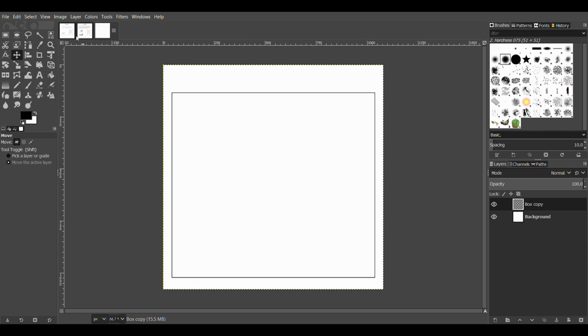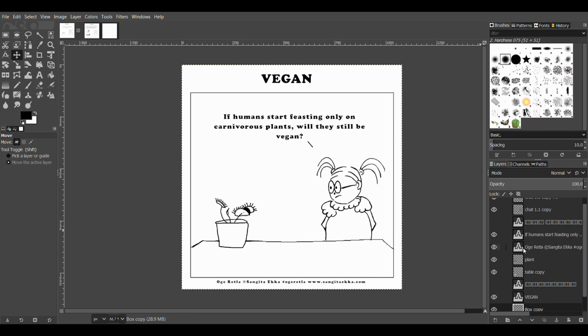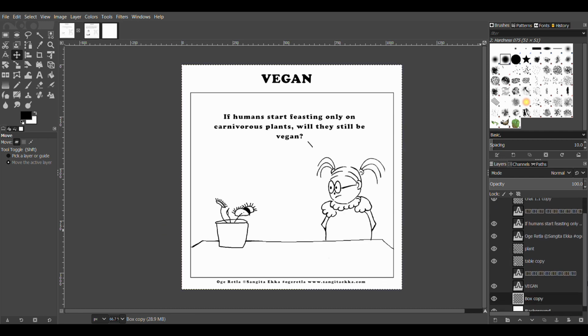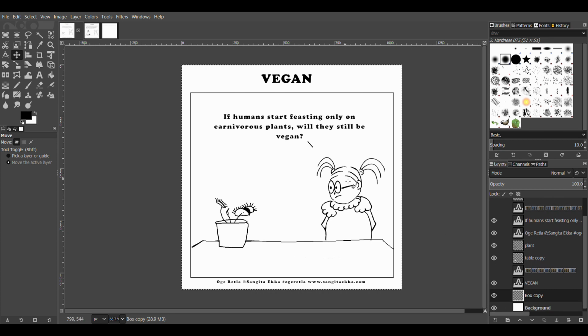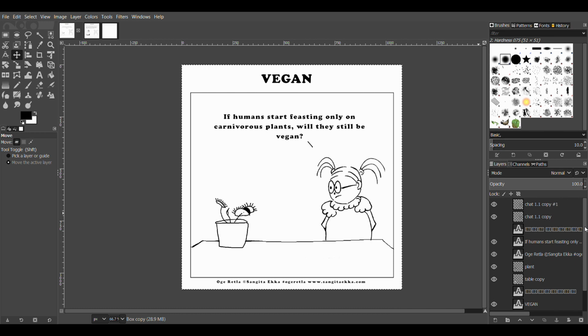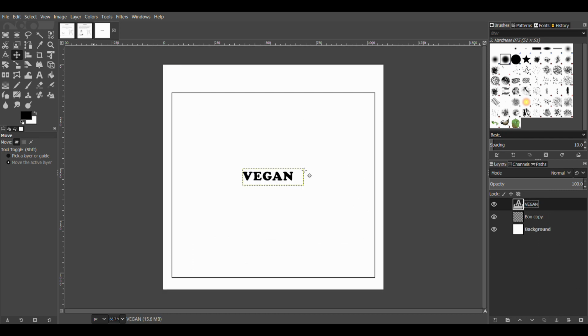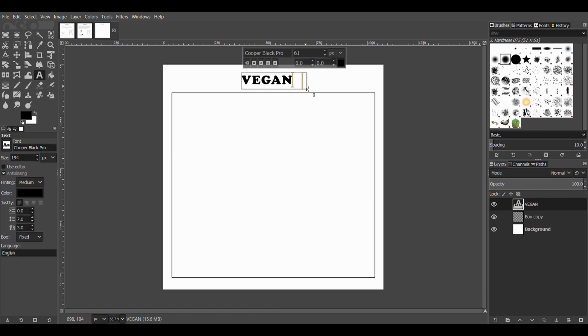So this is the beauty of using layers and keeping the files in XCF format, so that you can reuse things, and you don't have to invest a lot of time creating the same things again and again. We can do the same thing with the vegan one. Just drag it, put it over here, and basically leave it here. You start to see that the layers are being created over here. Let's assume that I'll just randomly place it here and change the name to, let's say, space.